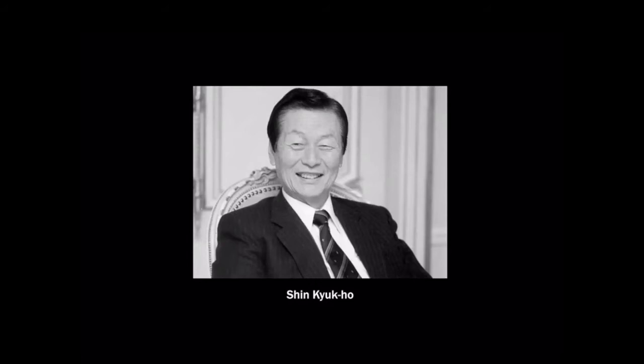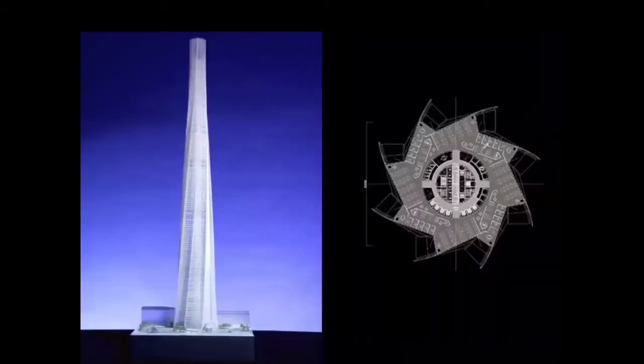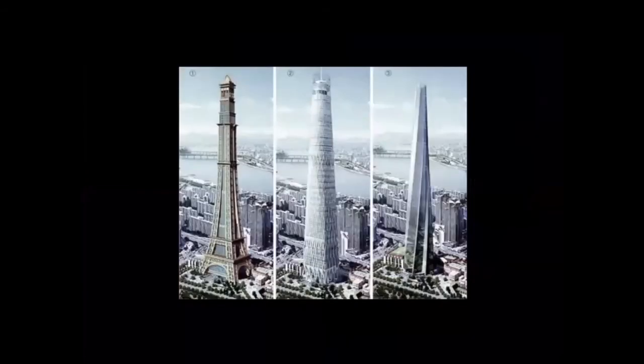And perhaps because of that, his strong devotion to the idea of the Korean nation, the importance of showing that loyalty, became a big part of his drive to have this tower built, to serve the company, but also to serve the nation. But we see the axis tying back to Seoul. And at a certain point, okay, I'll go back to this image here, you see 3 generations of the studies